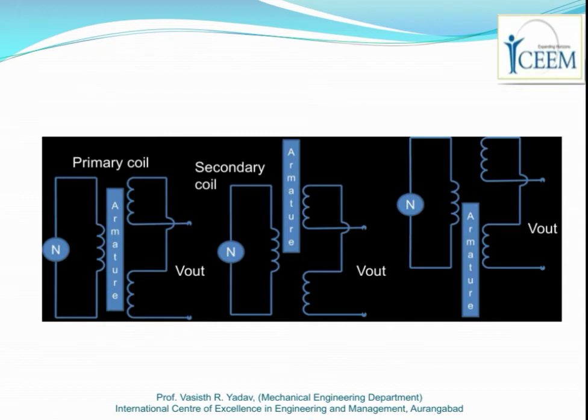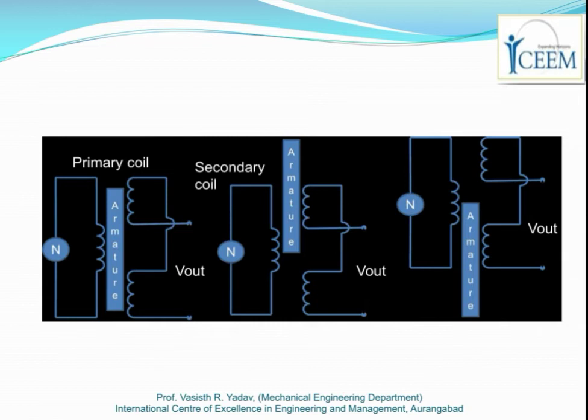Remember, when the magnetic core is centrally placed with its half portion in each of the secondary coil regions, then the resultant voltage is 0. So what do we do? The core, which is attached to the part whose displacement is to be measured, is placed at the center of the secondary coils.